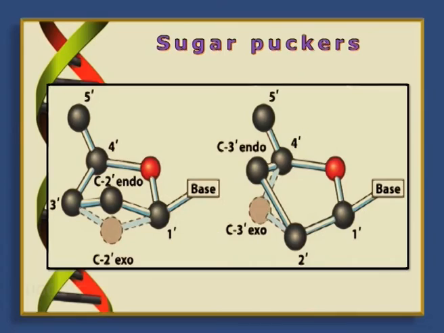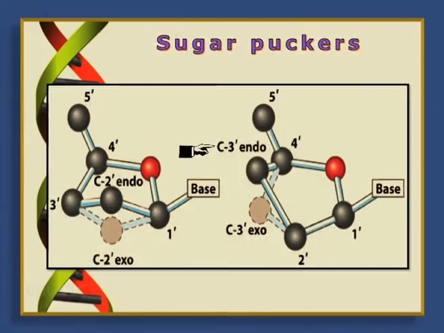What are sugar puckers? The sugar puckers are the different conformations of the sugar molecule. Now, the sugar molecule found in nucleic acids is of the ribose type, or of the 5-carbon type. The presence of this sugar molecule has two phases, the endo phase and the exo phase. The endo phase is the direction in which the C5 prime carbon atom as well as the C1 prime carbon atom are directed. Now, when the C2 prime carbon atom faces towards the endo, it is known as C2 prime endo. When the C3 prime carbon atom faces towards the endo, it is known as C3 prime endo. Now, these two types of sugar conformation are present in the secondary structures of DNA.